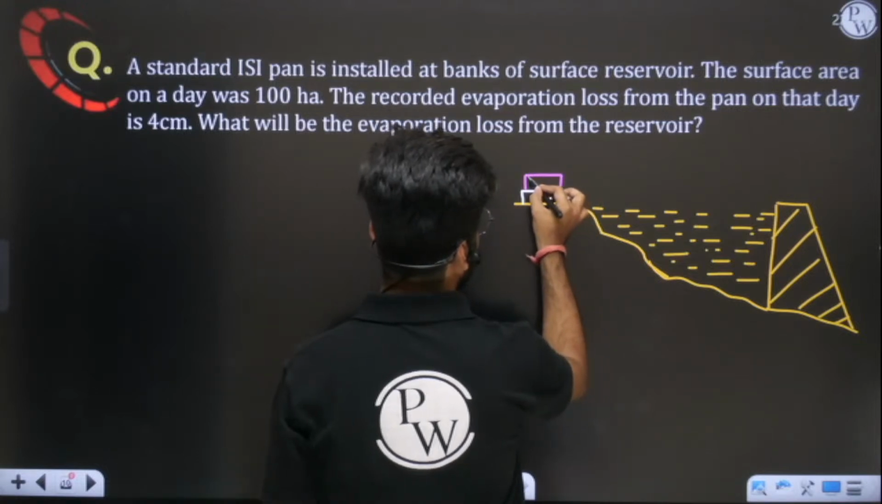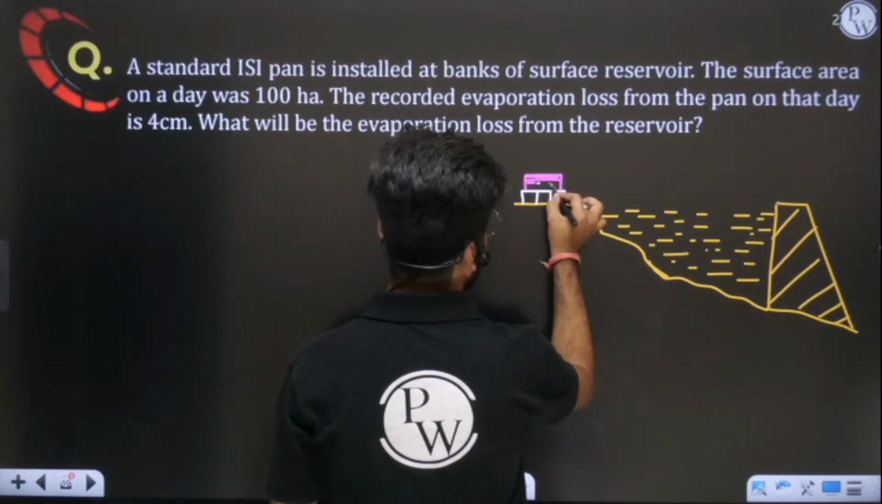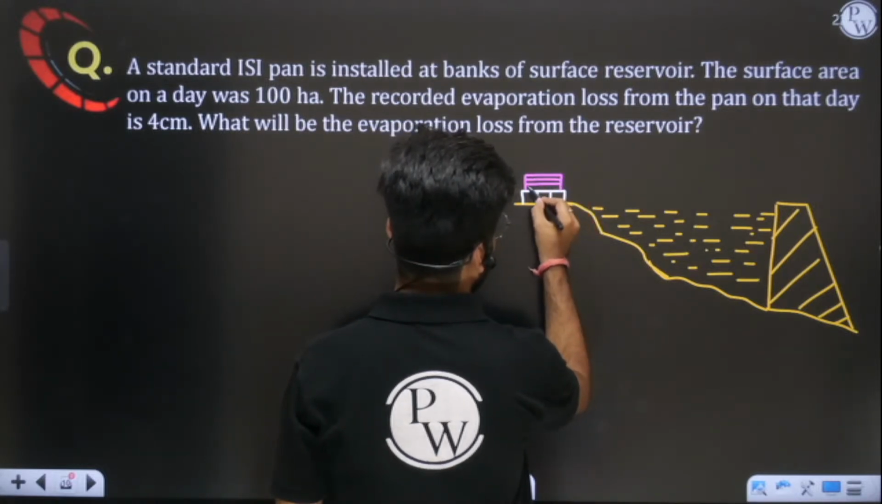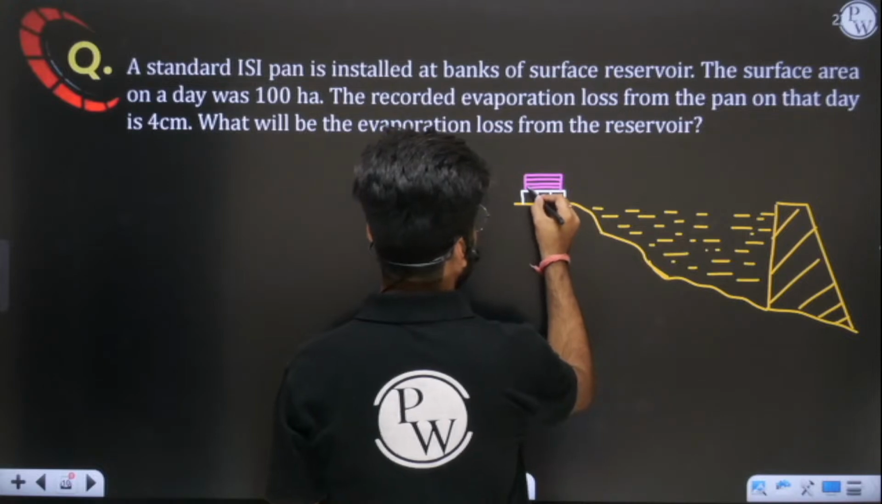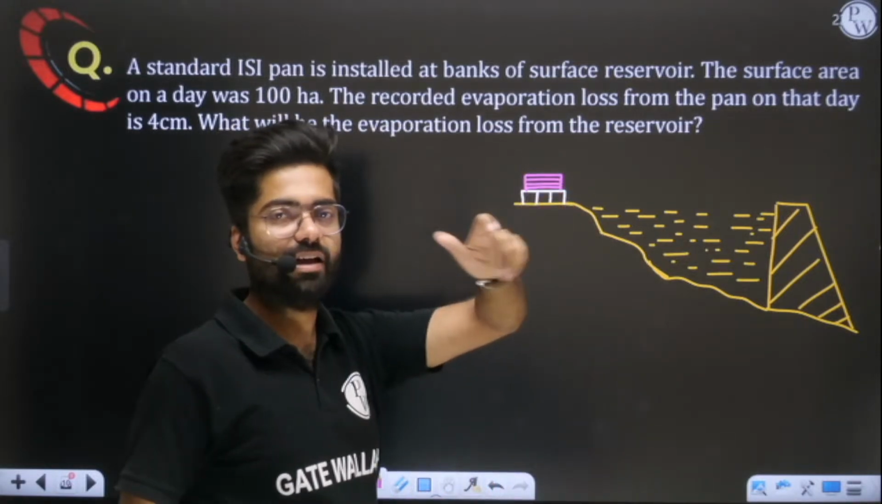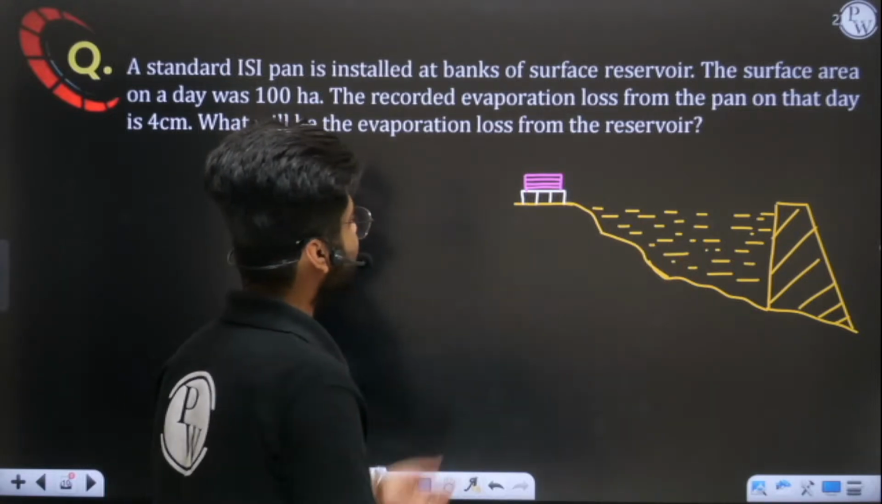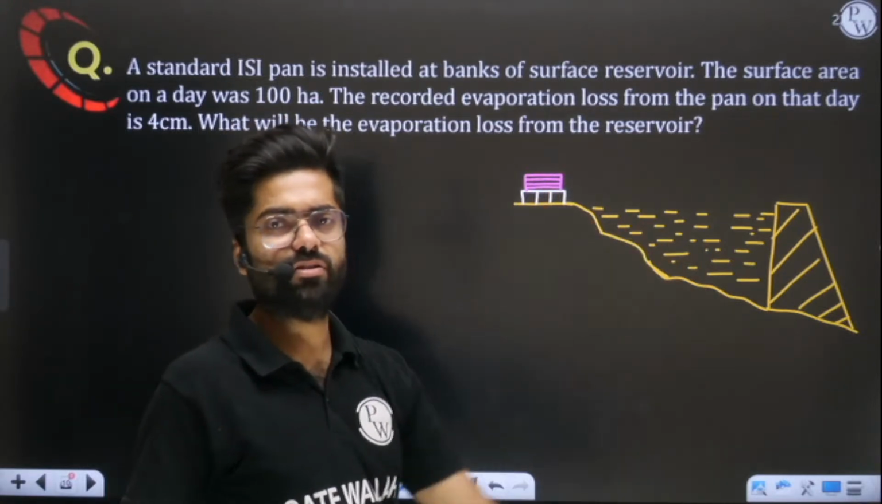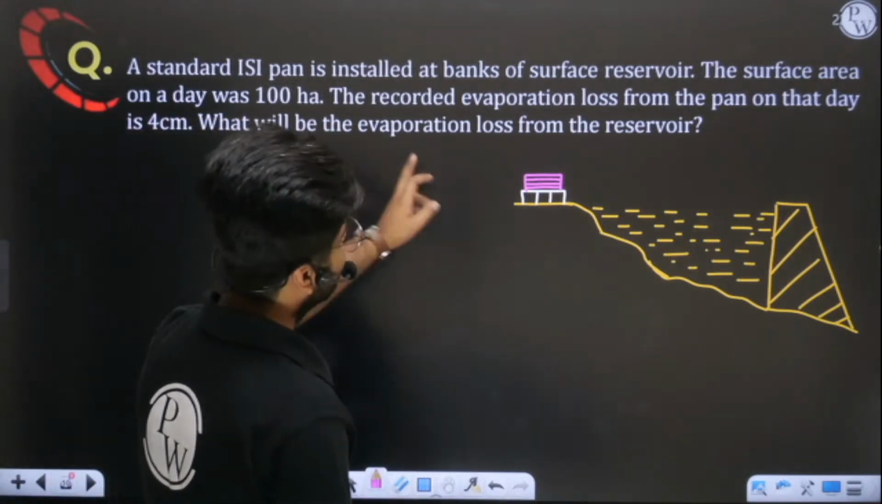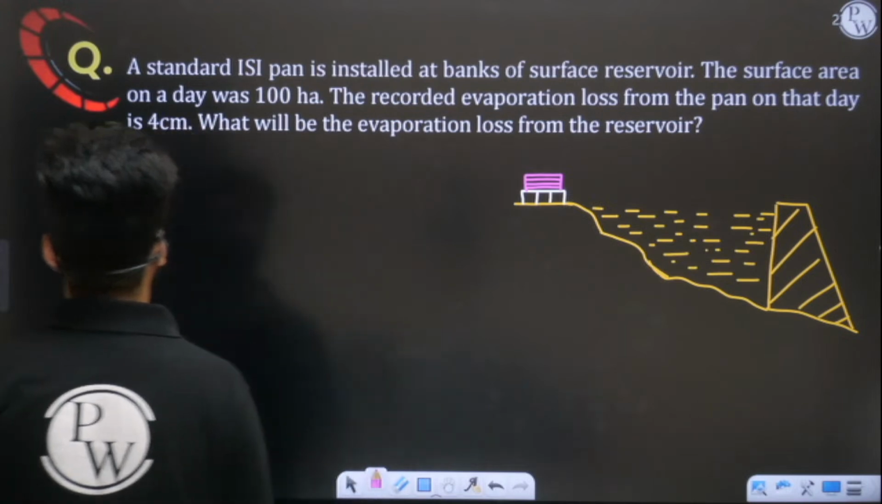Let us say this is the pan. Since they have said Indian standard pan, let us say we have a wooden base, and on that wooden base we have a pan installed. The diameter of this pan will be 1220, height is 250, like that. Basic. Now they are saying the recorded evaporation loss from the pan on that day is 4 centimeter, which means,